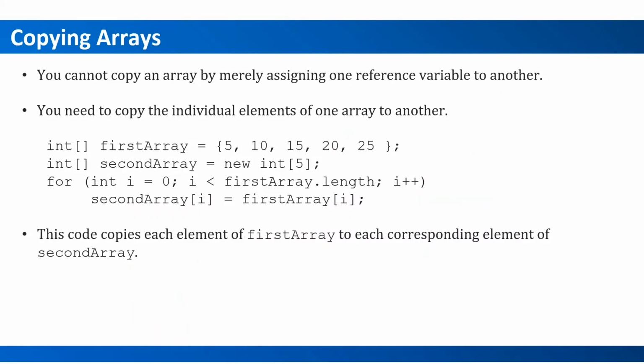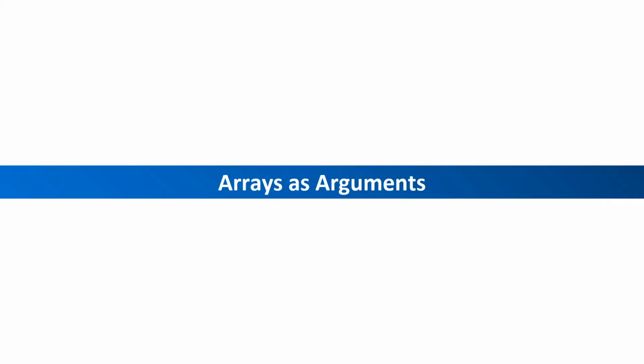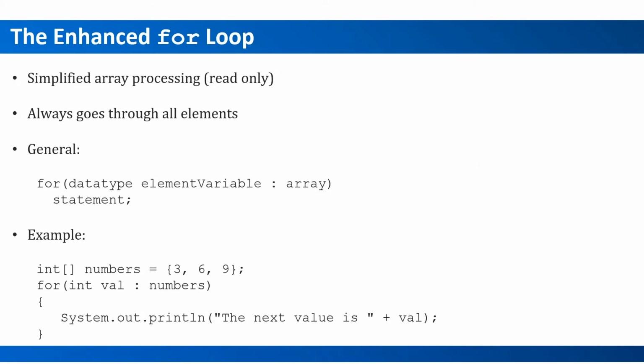All right, so before we go, there is something that we would like to talk about here, which is something called the enhanced for loop. The enhanced for loop is another for loop that is just a quick or shorthand way to display elements of an array without having to create a counter. So here, this is the general format of it. It's for again, but instead of having a counter initialized to 0